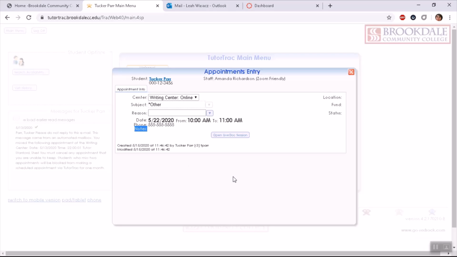You can take a picture of this screen using your phone or using the print screen function on your computer if you know how to do that. You can also copy and paste the text from the notes into a Word document in order to save it for later. Either way, you can get that slip as a summary for you and as proof for your professor that you attended the Writing Center.